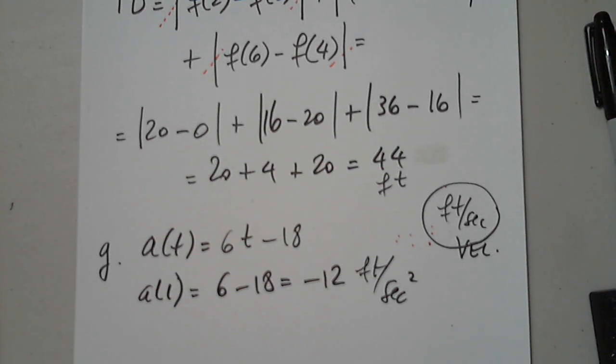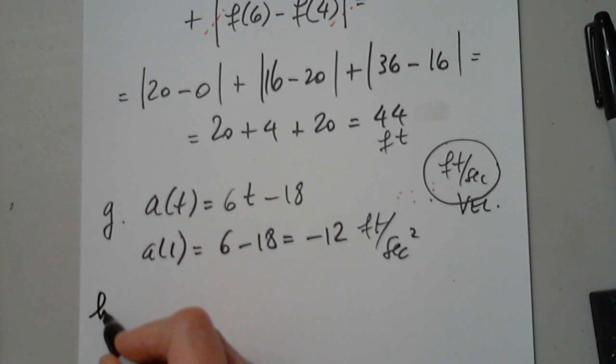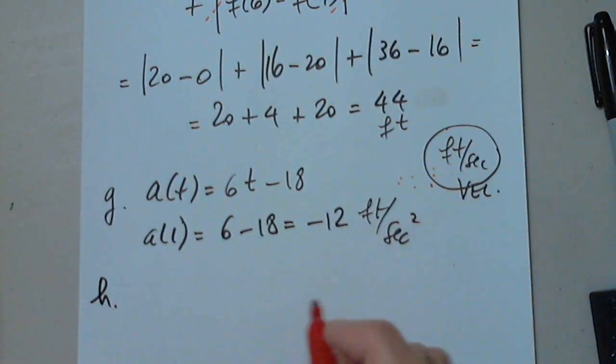Graph, we can put those in the calculator. Final step. When is the particle speeding up? When is it slowing down? That's the last part that we need to look at. Okay. So here's some analysis before we answer that part. Let's say